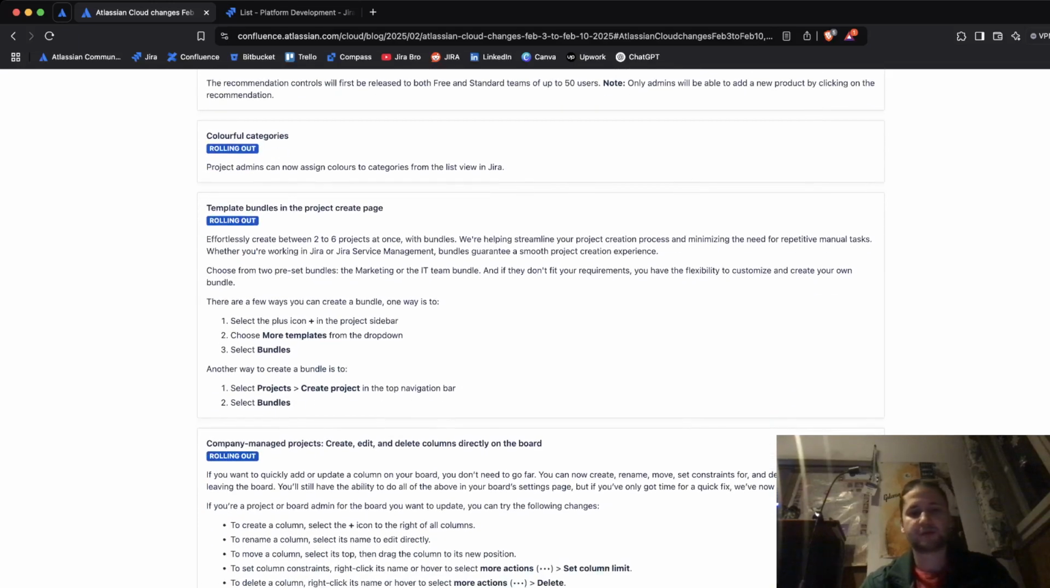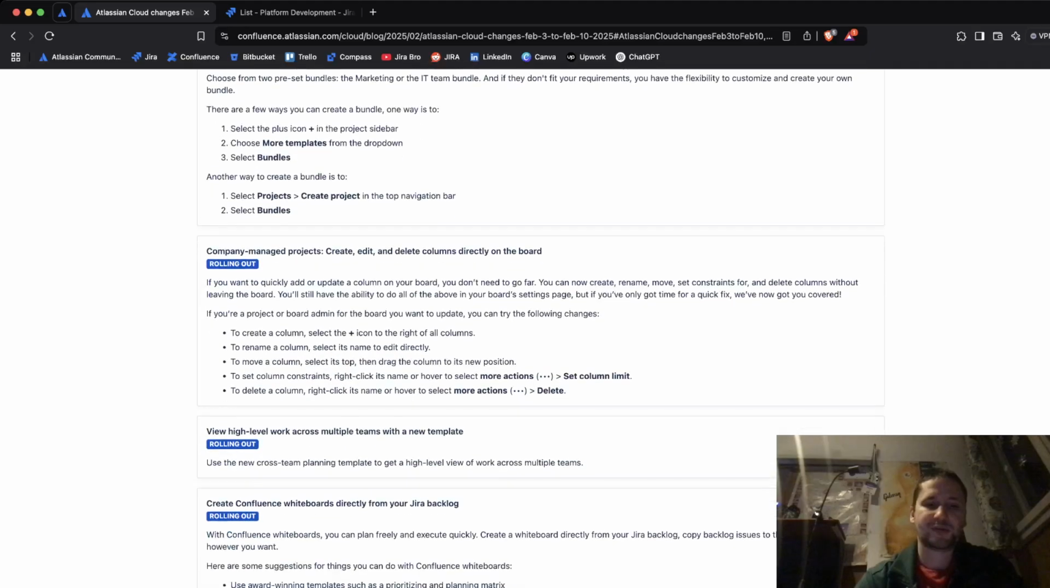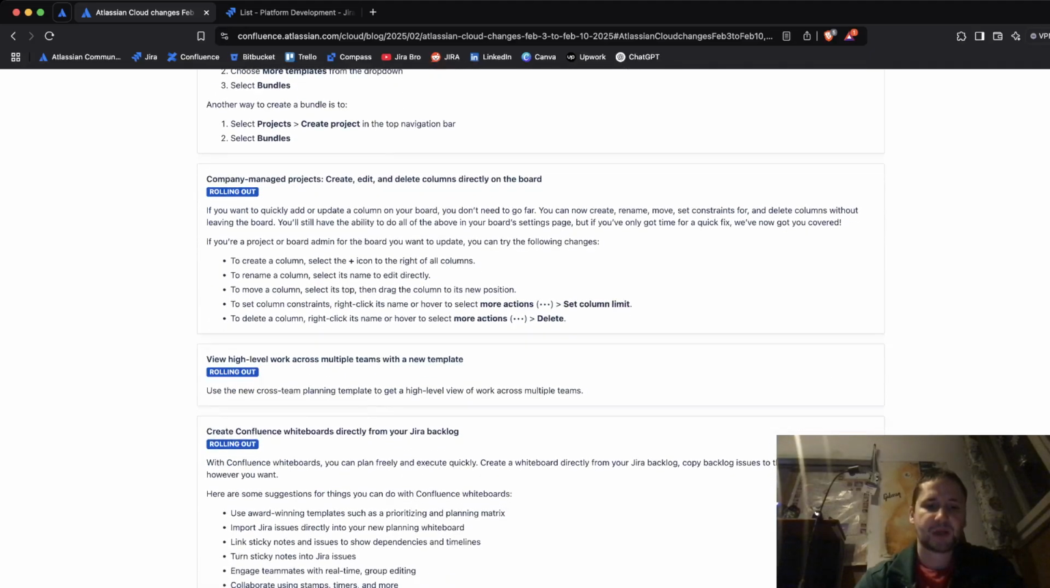With the templates and bundles, template bundles to create projects in the project create page. Yeah, this is something for when you don't want to create project by project by project. It means you can create 6 projects at once, and you can create them with these bundles. And these projects don't necessarily have to be Jira ones. They could be Jira Service Management, they could be Jira Product Discovery ones. So you can choose however you would like. Alright, so